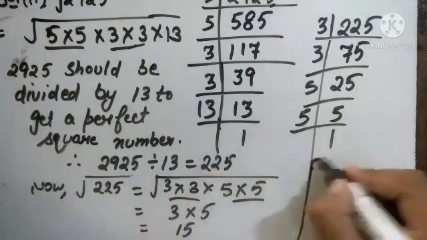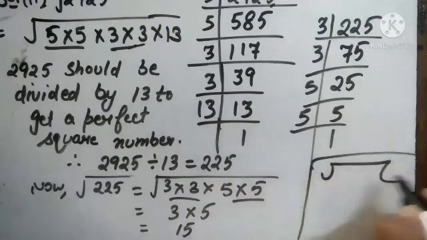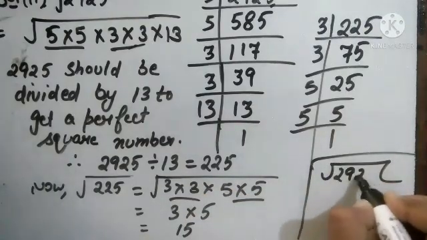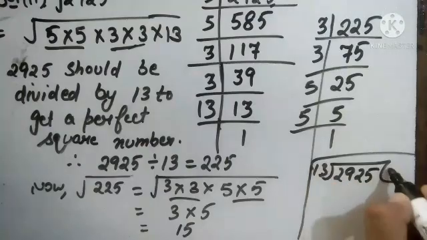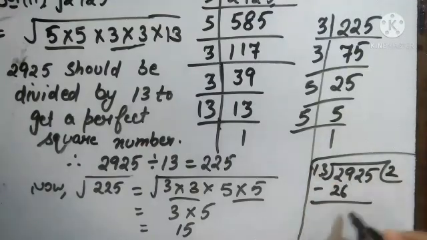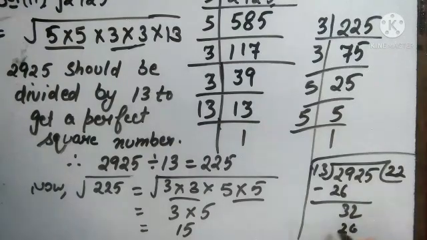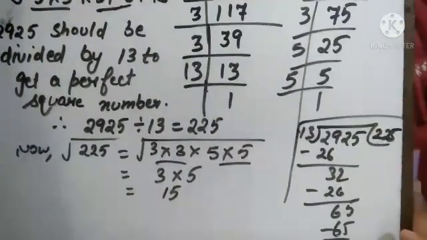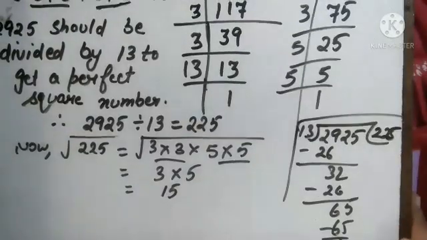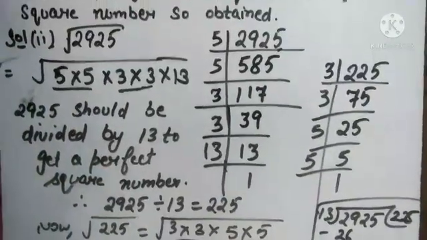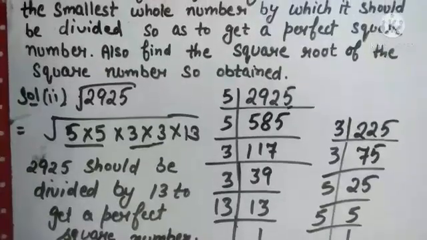You can do the division of this number also in the rough work. It is compulsory for all of you to do the calculation of these. 13 twos are 26, here it will become 32, 13 twos are 26, again it will become 6, and here 13 fives are 65. Okay, this is the rough work of this division. I hope it is clear to all of you. This is a very easy sum. That is the solution of the second part of the 6th sum.